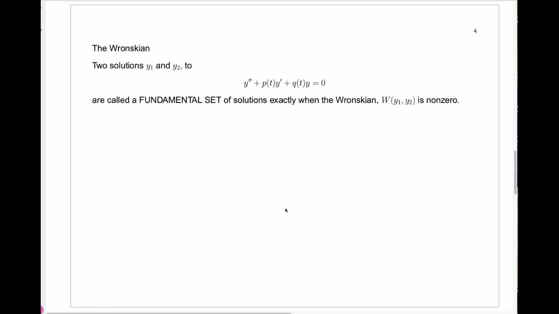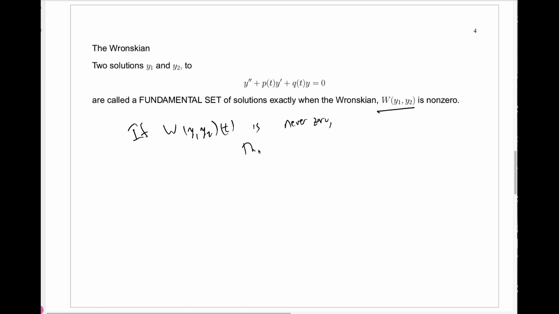Because the Wronskian tells us exactly when we can solve any initial value problem, we call two solutions, y1 and y2, to this homogeneous linear second order differential equation a fundamental set of solutions exactly when the Wronskian is non-zero. What does this mean? Well, remember the Wronskian is a function of t. If the Wronskian as a function of t is never zero,